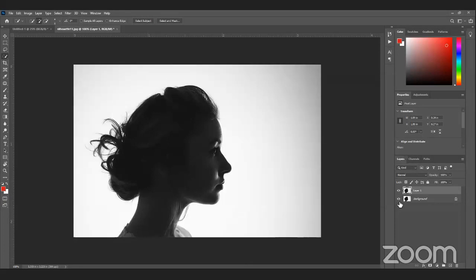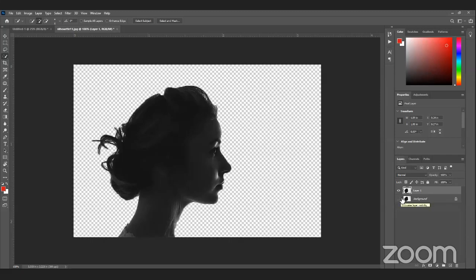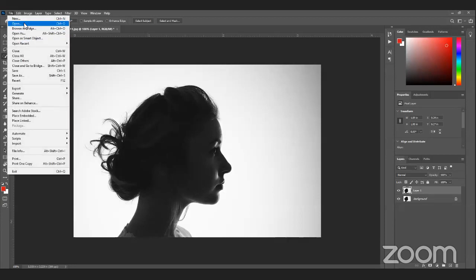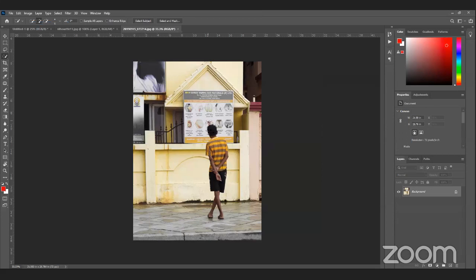One thing that I wanted to mention here: if we have a very plain background and our object is in focus, the selection is very good, and we get our object out of the background very clearly. But if we have a very rough, messy background and we try to make a selection, it becomes a little difficult, like we did here.